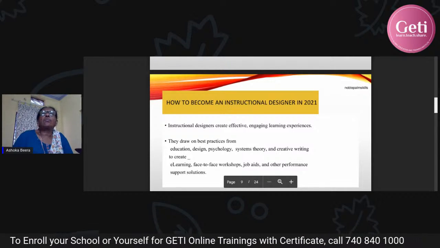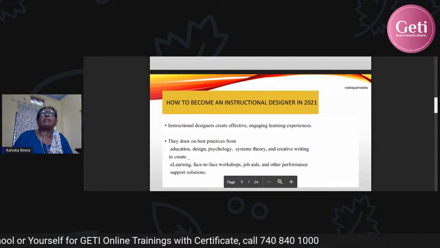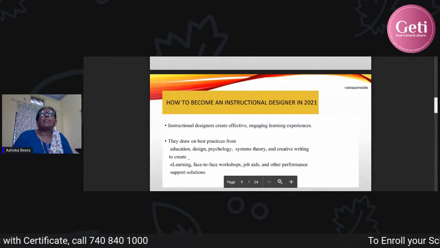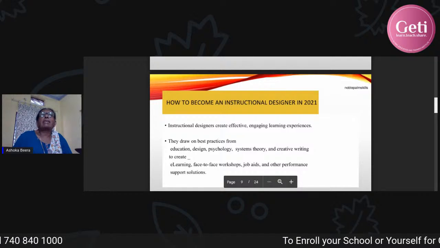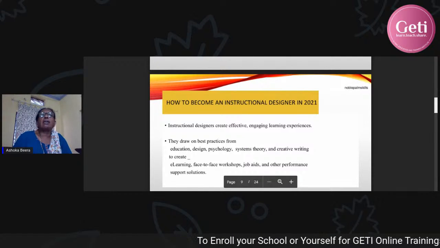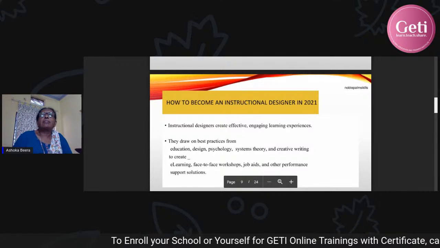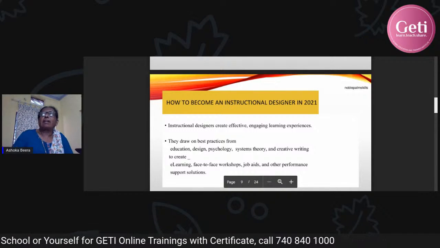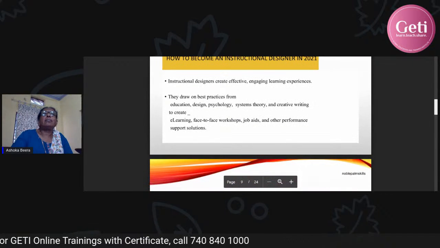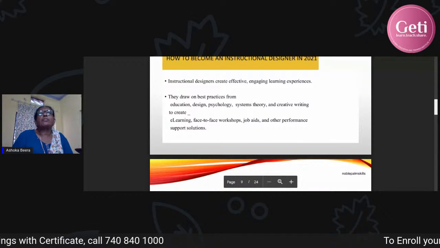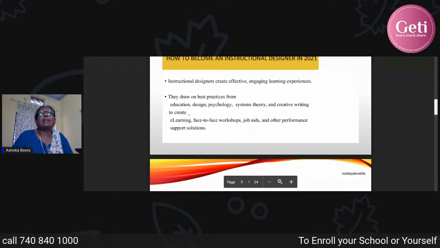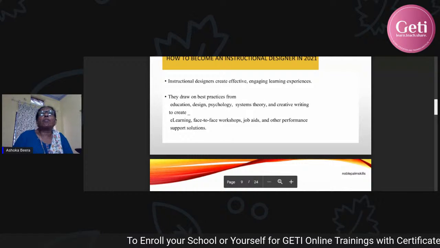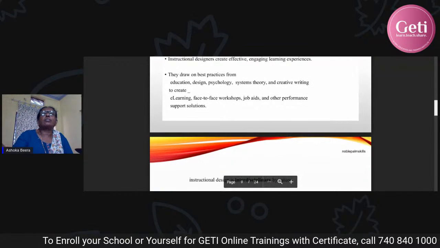Instructional designers help in creating effective, engaging learning experiences. They draw the best practices from education, design, psychology, systems theory, and creative writing, because they will write e-learning material, face-to-face workshop content, job aids, and other performance support solutions.